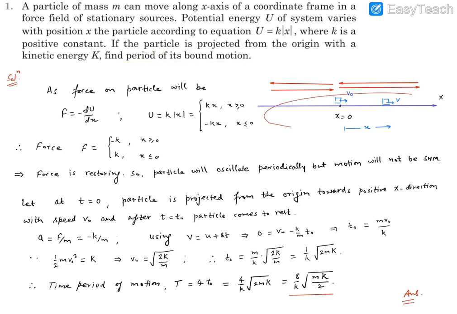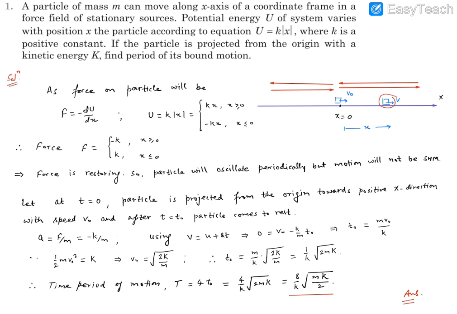So we can think of this picture. This is the origin, this is the x coordinate positive direction, and it is being thrown from here with velocity v naught, let's say, so that kinetic energy K is equal to half m v naught square. When it moves in this positive x direction, it will be experiencing some force. Since it is having a bound motion, we will check it as well. So after a certain distance, it has to return back. So first it will go like this, then return back, and go on in that way. Well, this path we need to just verify. Okay, so let's start with this.